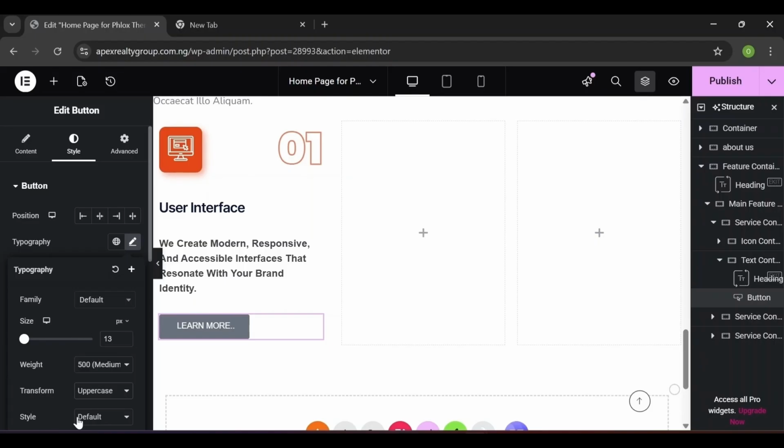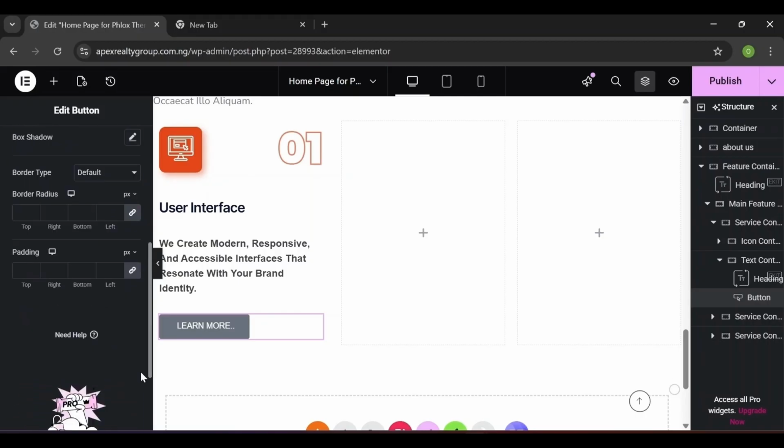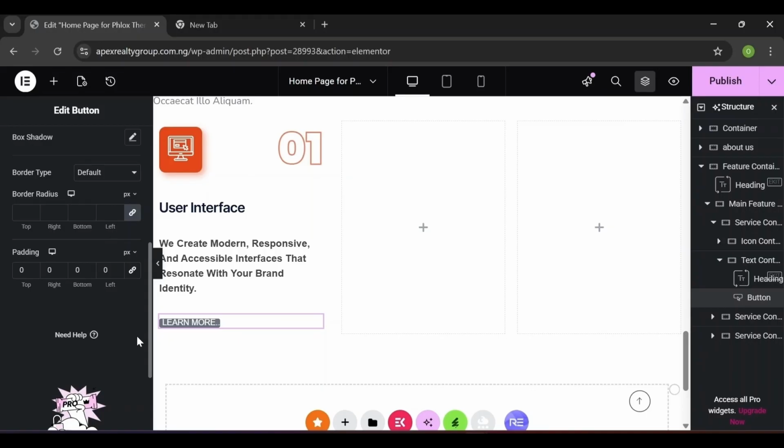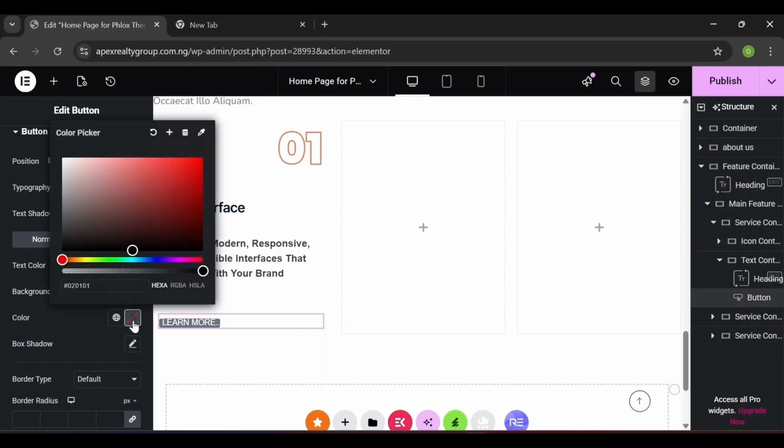And then we are going to go to the next step, which is the padding. So you scroll to this padding here. Just unlink the values here. Let's make the background color. This is the background color here. So we are going to click on classic. Okay, so you can see the color under the background type. Click on that. So we are going to make this